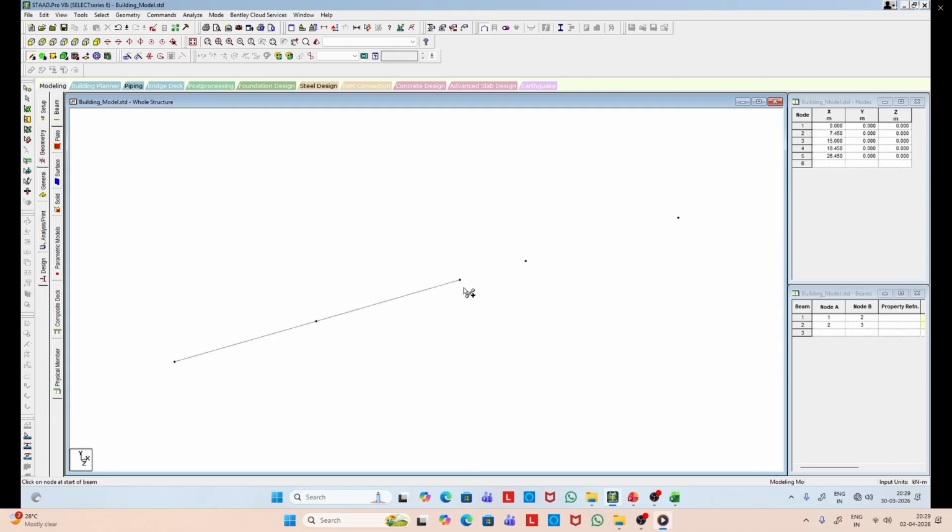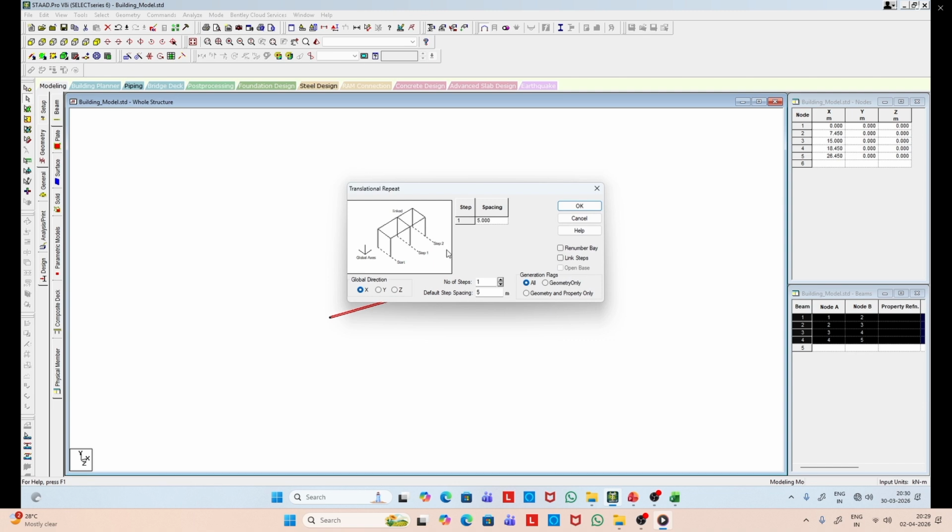So once we join these points, we create the connection between 2 points. And then we can copy it.